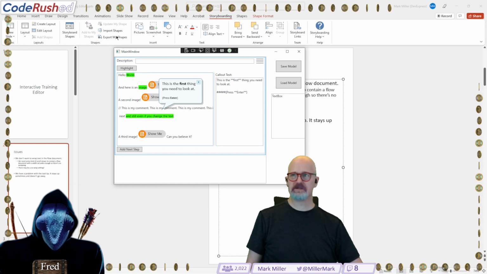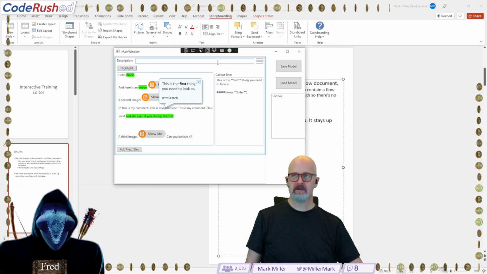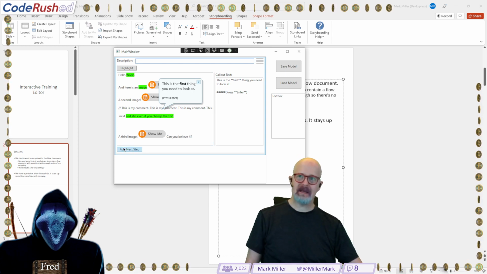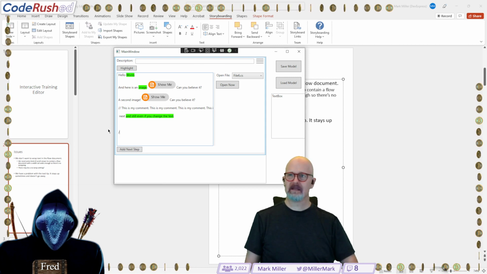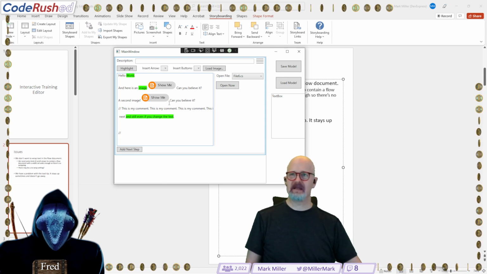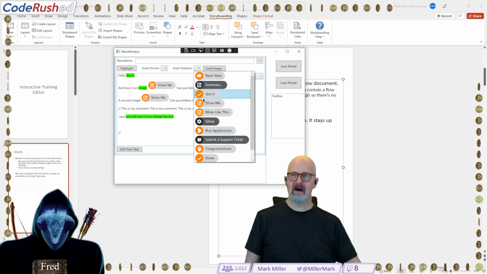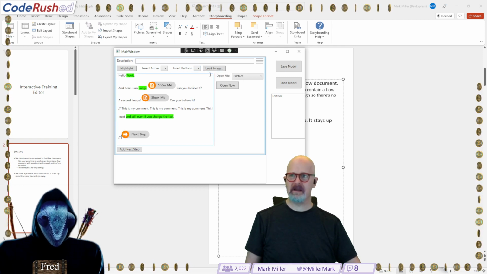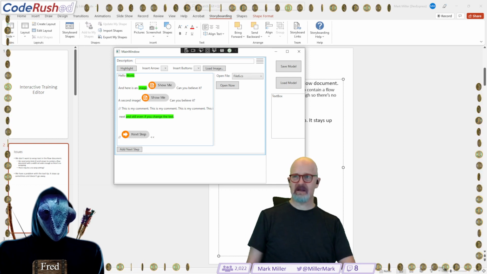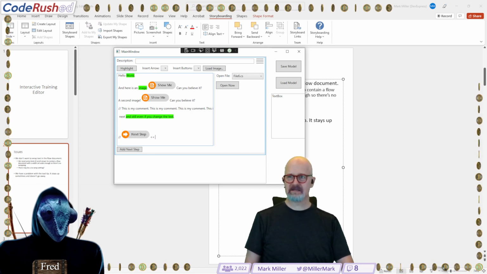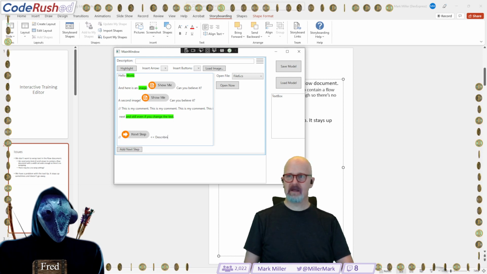Okay, so a couple issues. See this description? This description is going to be, here's what's going to happen. When I hit add next step, it's going to add a comment at the bottom, like this, and it's going to then add automatically the next step button. Then it's going to add this text right here saying describing the next step.